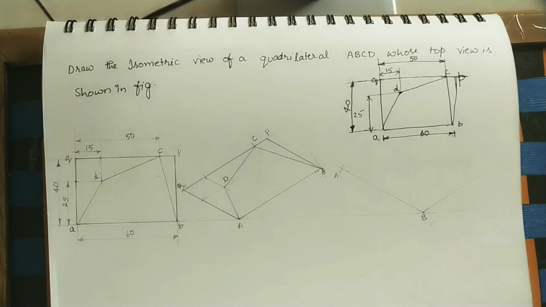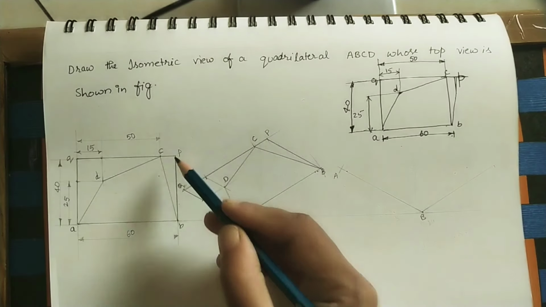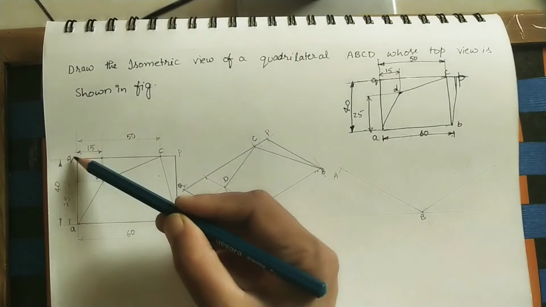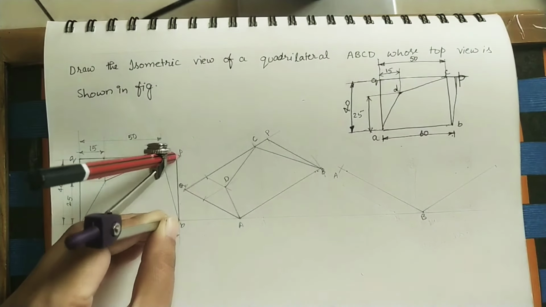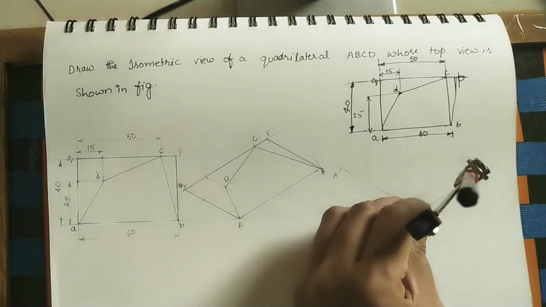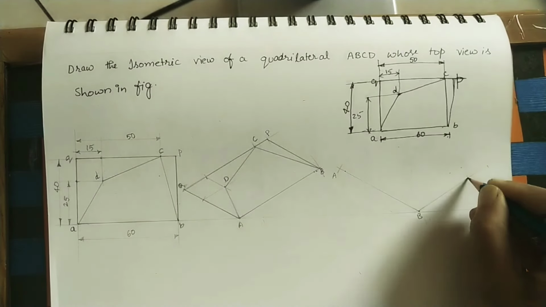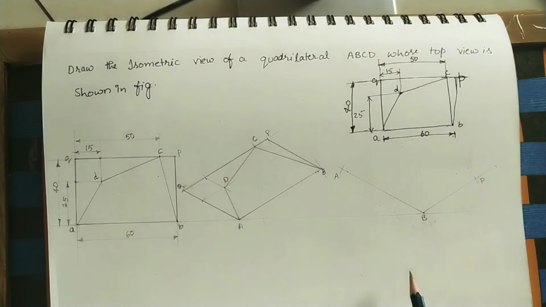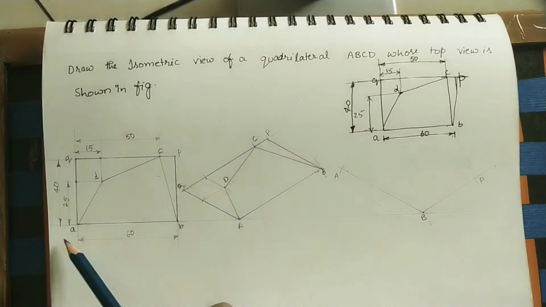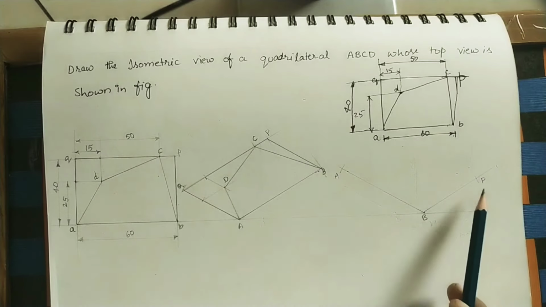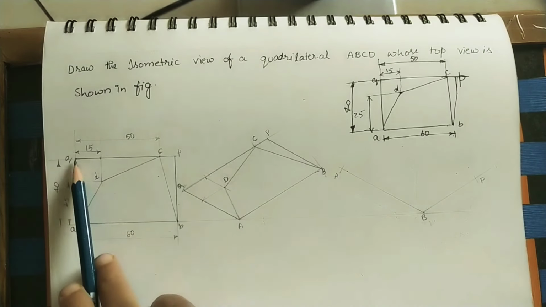Similarly, after B, we are getting P point. How much length is it? 40 mm. Take BP length by using compass. So mark here. The intersection point is P point. Here make this entire rectangle in this diagram. Here this AB is parallel to PQ.